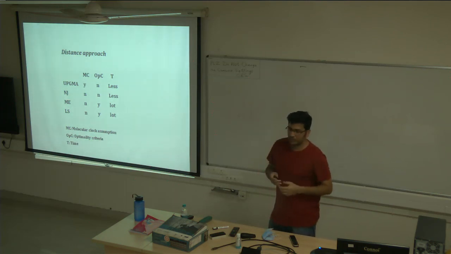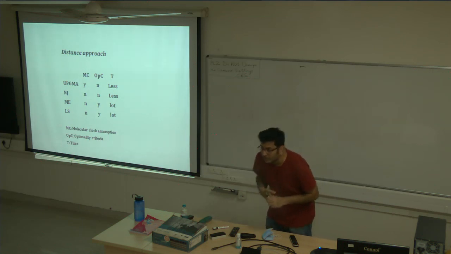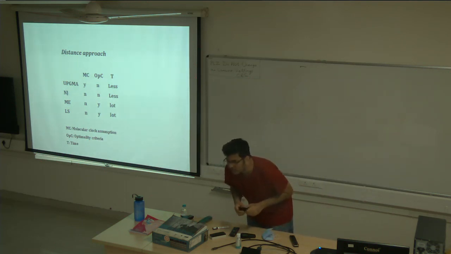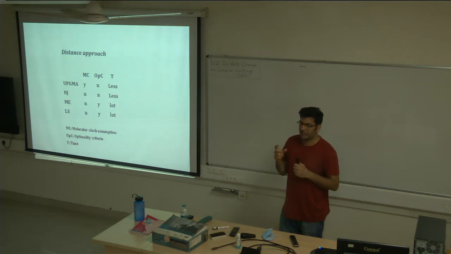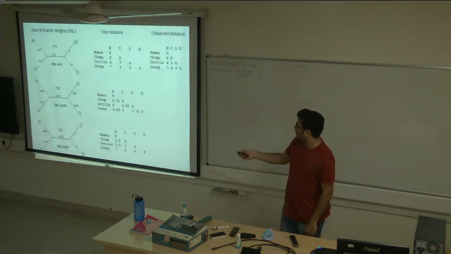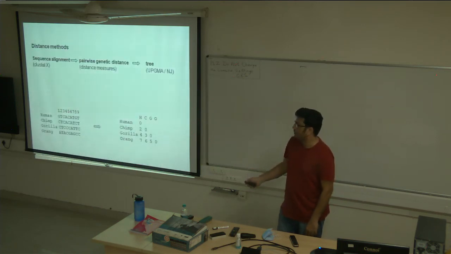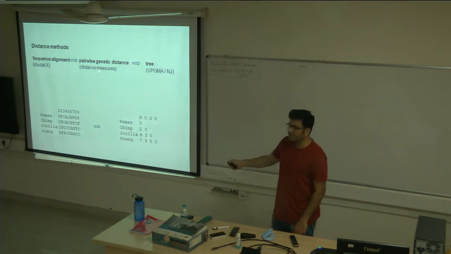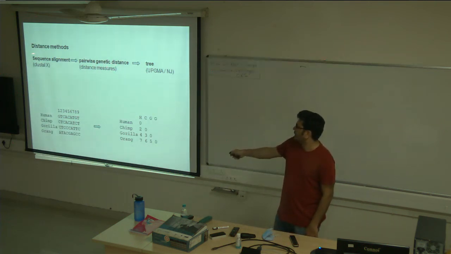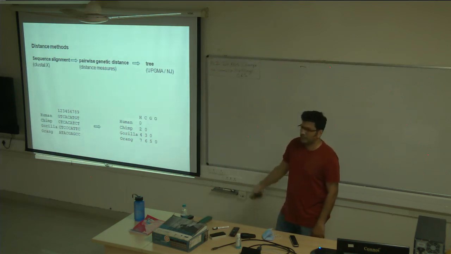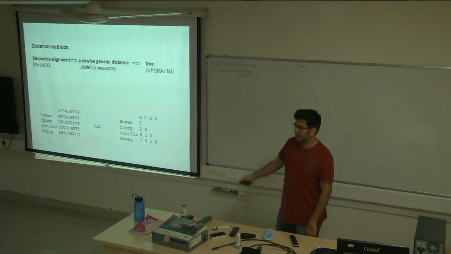Neighbor joining does use the character. Sorry? Neighbor joining does use the character. No, it uses the distance between those characters. Even what we did, like we did the character difference. Okay, I'll go back to the initial slide. What character-based approaches do is, this step is not there. From here, you directly go to the tree. You do not calculate the pairwise genetic distance.